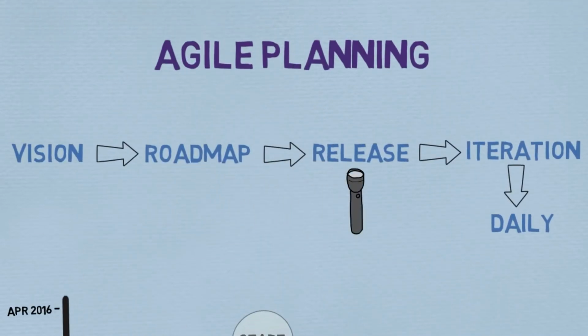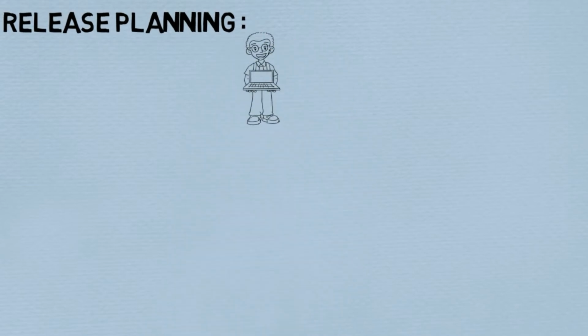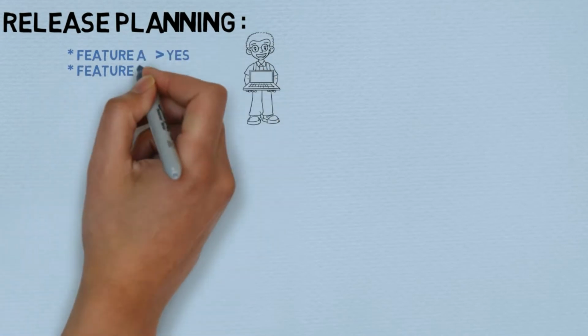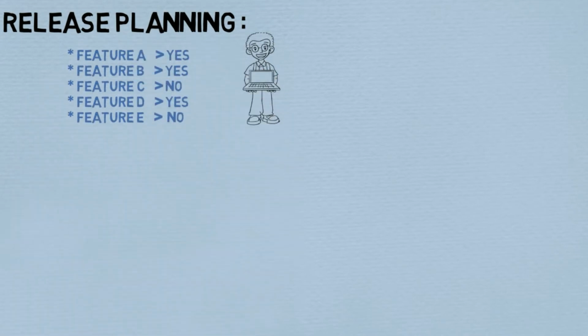Moving on to next, which is release. In the release phase, we have to start with release planning. Release is nothing but a project at hand. Release will be identified based on what all features the customer wants and how soon they want it. Since during the roadmap we have high-level estimates, we would know by what time the intended feature in a release vision can be developed and delivered.